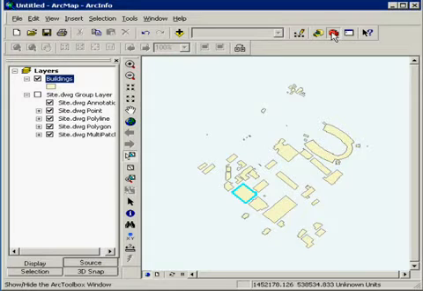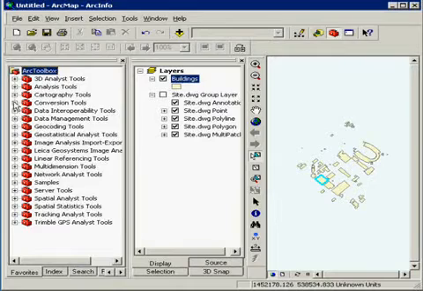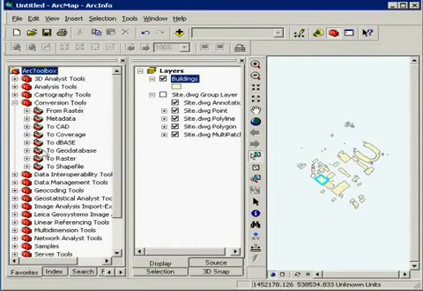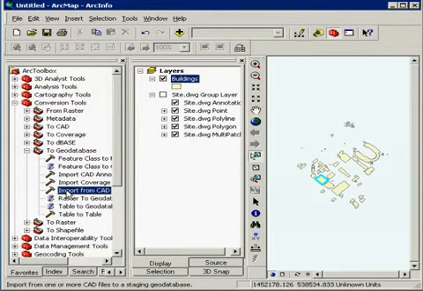We open up Arc Toolbox, and in Arc Toolbox there is a conversion toolbox. Under conversion tools, if we look under the to geodatabase, we've got import CAD annotation and import from CAD. The import from CAD tool allows you to select the CAD file,